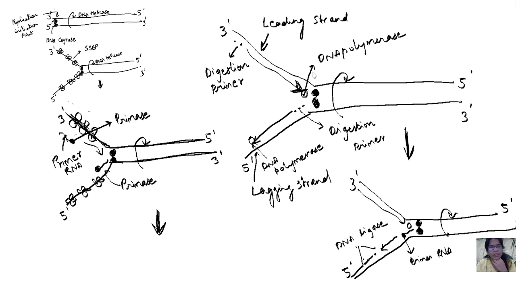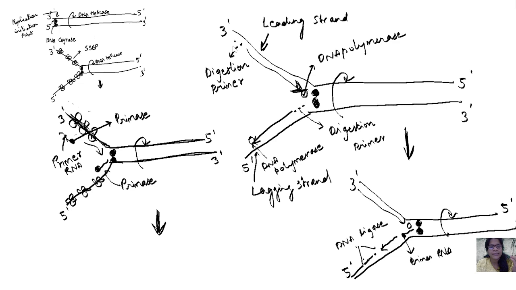DNA polymerase would continuously help you to add all the polydeoxyribonucleotides to your 3 prime side. So this part is your 5 prime side and this part is your 3 prime side. The DNA polymerase would add all the polydeoxyribonucleotides continuously to form your daughter DNA. And now after this is done,